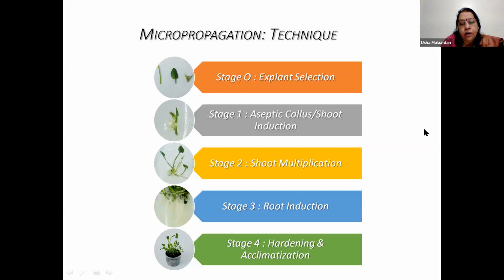So depending upon the subcultures that you make, you will get mass plantlets in vitro. However, each one of them should develop a proper root system so that they can survive in field conditions. And once you've induced the roots, the final stage is very, very crucial. See, in the laboratory, you may get 1,000 plants, but these 1,000 plants should survive in field conditions, which you achieve by a technique known as hardening or acclimatization.